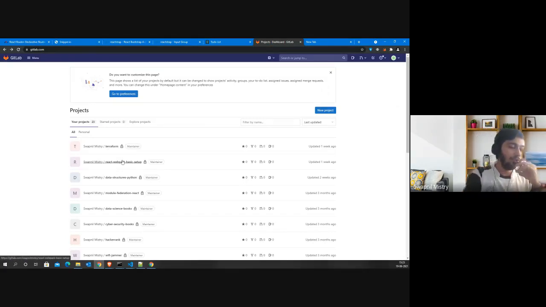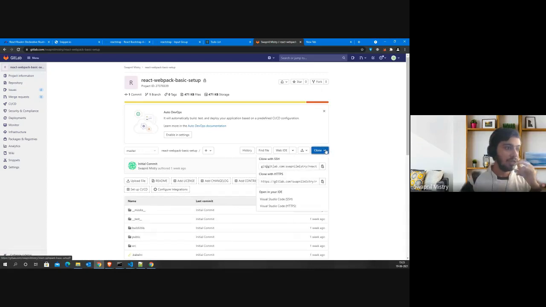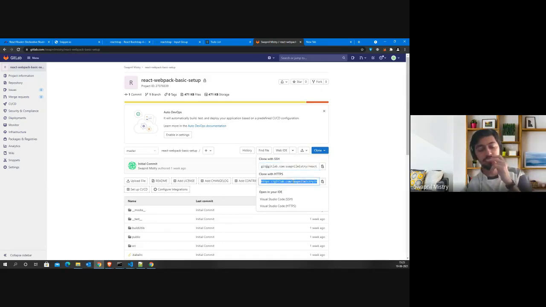So there are two ways to configure that. One is using SSH. So let's say if I go to any of the projects over here, in clone you see two options available: either using SSH or using HTTPS. I haven't configured SSH on my system in a long time, so I'm not sure how we can go about that. I often use HTTPS because it only asks me for a username and password to push to my branch. So I will be following this approach.